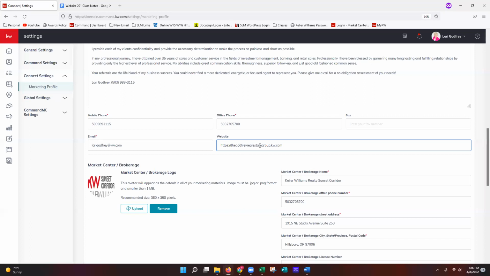Another thing I want to address with the website, if you're looking at it now and you're seeing www. and then you also have .kw.com at the end. If you're using the .kw.com website, it will not work with www. So again, if your URL is ending in .kw.com, make sure that you remove www. So as far as formatting goes, it should look exactly like my screen, starting with the HTTPS:// your URL